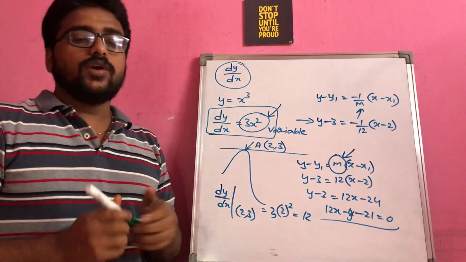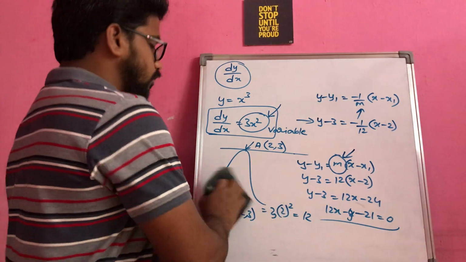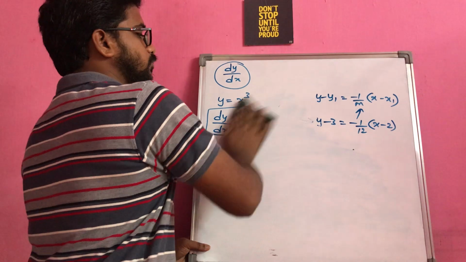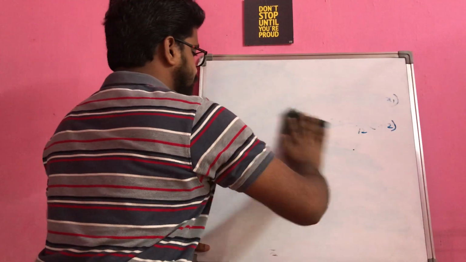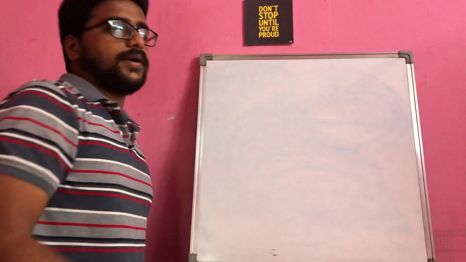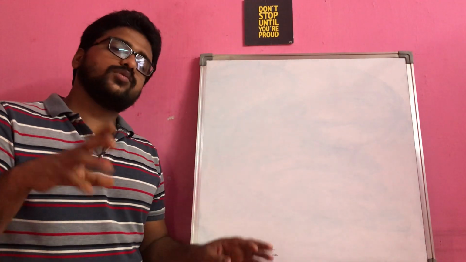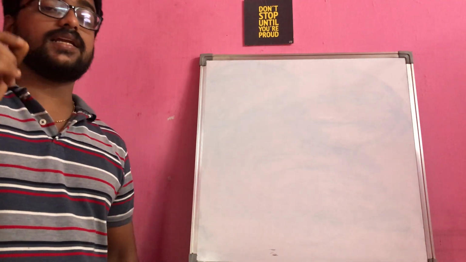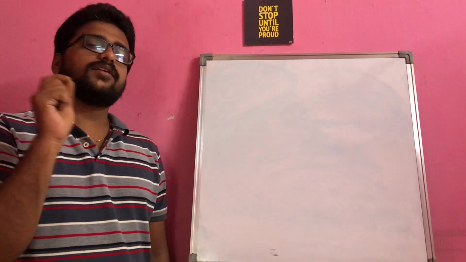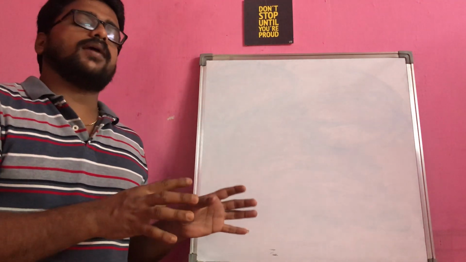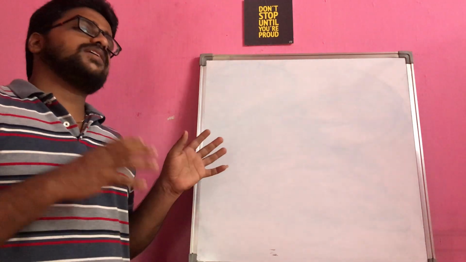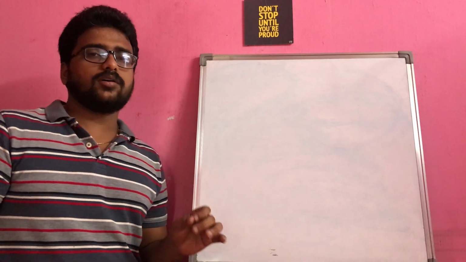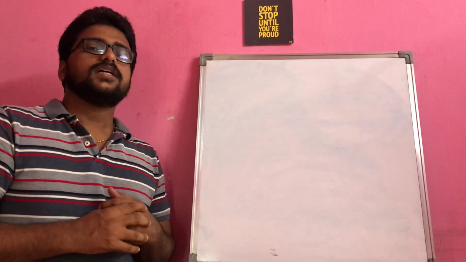So we are using the concept of derivatives to find the equation of a tangent, but still we are just recollecting the concept of the basic equation of a line at a particular point. But here, as you are given a curve and you are trying to draw a line in such a way that it is intersecting at only one particular point, we are restricting the concept with the name tangent and normal. If the same thing is with respect to a circle, then I can say it is the equation of a chord or anything like that, because chord is a word that relates to the circle.